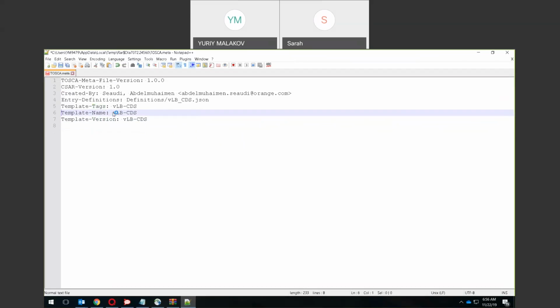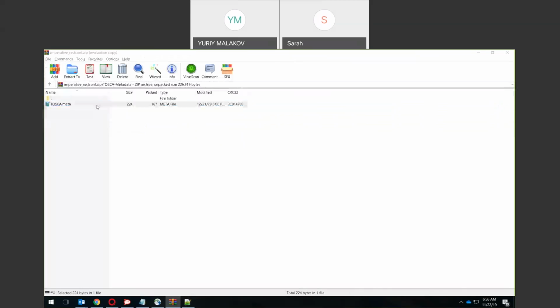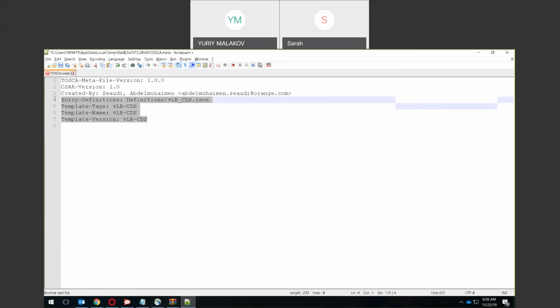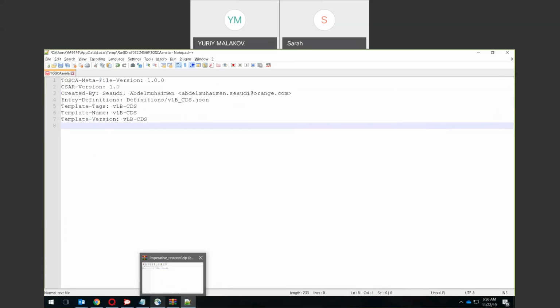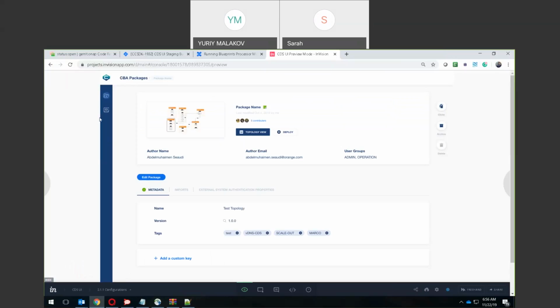Okay, so let me get rid of this. So it will contain all of this information. And all of this will now be part of our main metadata screen in the UI. So if I go back to the UI,